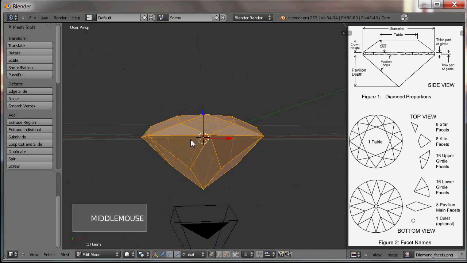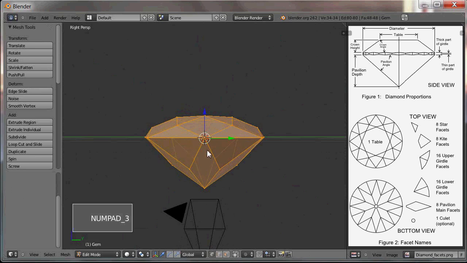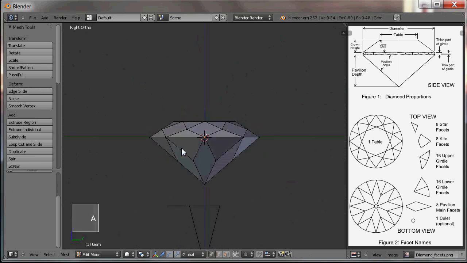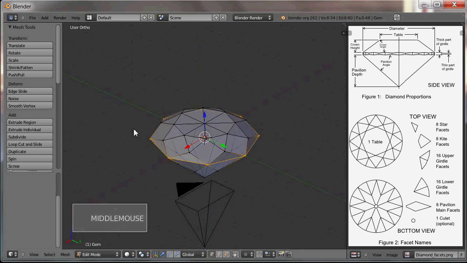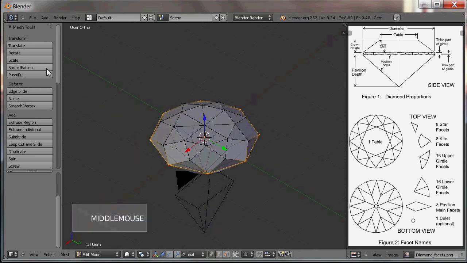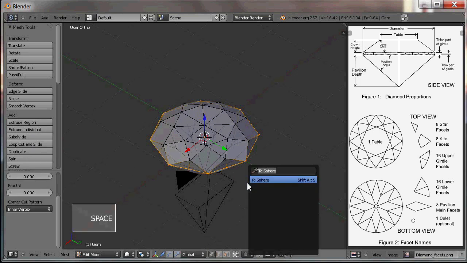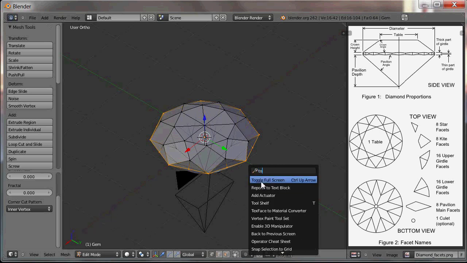And first of all, I'm going to press 3 to go into side view, 5 to make sure it's orthographic, and then I'm going to box select these vertices along the center, which are the vertices along the perimeter of the diamond. And I'm going to subdivide these. And now once they're subdivided, I'm going to press spacebar and, as I did in a previous tutorial, type in To Sphere,